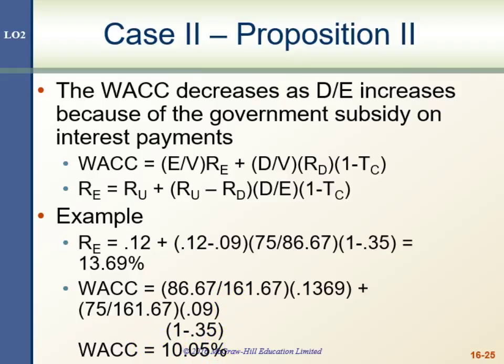And if we go back, the WACC is actually still between the 9% and 12%. But we can see that the return on equity in the presence of debt is higher. Of course a higher return is consistent with a higher risk. And we do see that the presence of debt in the capital structure increases the volatility of the return on equity, and therefore it does increase the risk.